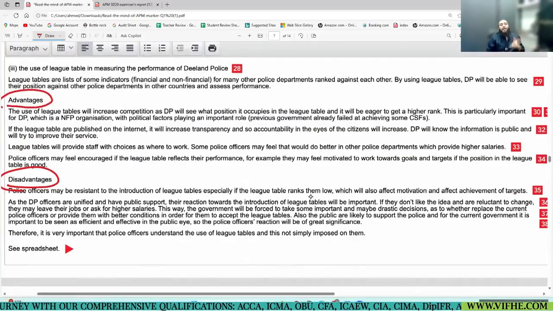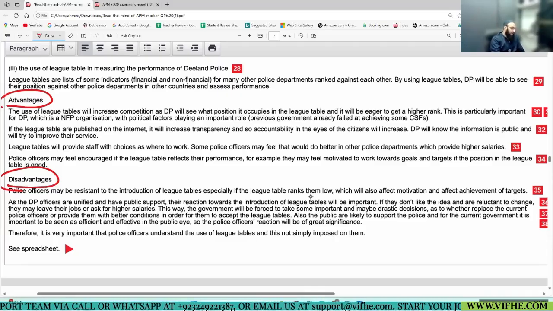But under these two headings, somehow he covered both the aspects: the positives of league table for police service and the impact on police behavior, the negatives of league table for police service, and the impact on police behavior. So this clearly shows again there is no one right approach to APM answers.